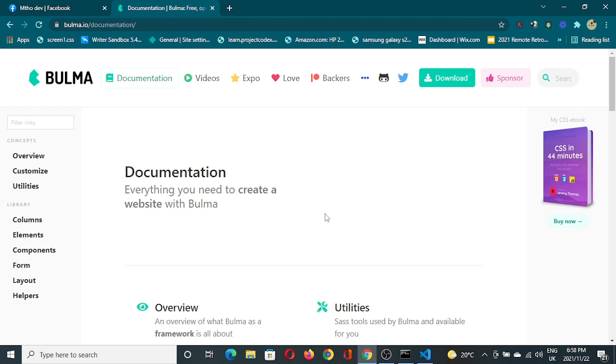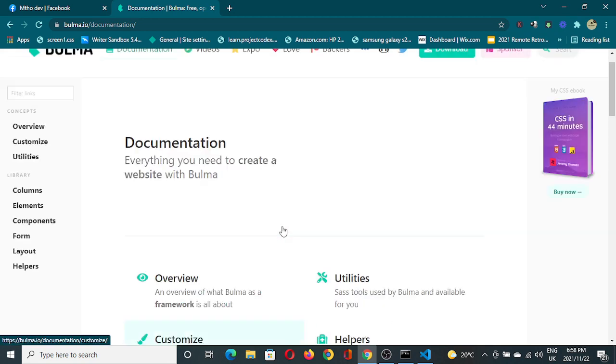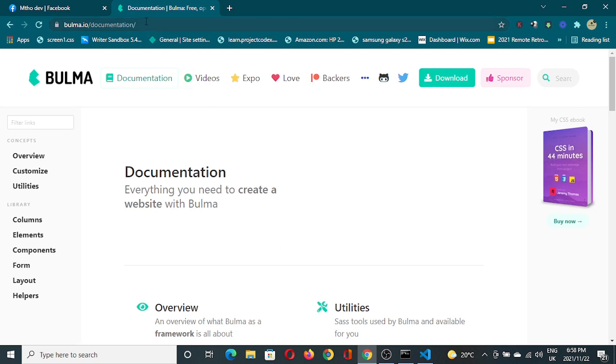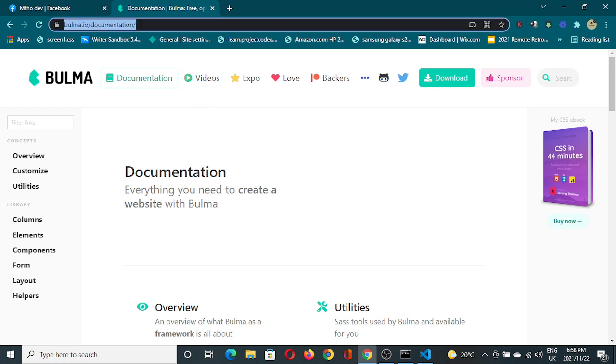Okay, guys. Just like I said, we'll be doing the Bulma. Sorry about that. We'll be using DOM manipulation using JavaScript. So we'll be doing the basics, and for the CSS part, I won't be doing CSS a lot. I'll just be using Bulma CSS to take care of that for me. And then you can just go to